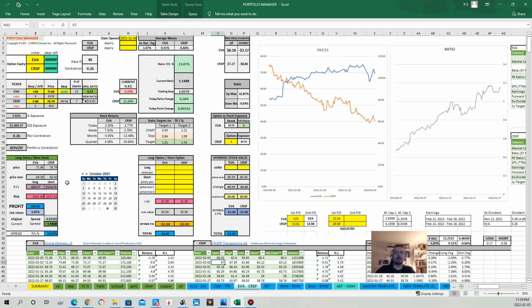Continue on. Enviva and CRISPR. This is basic materials and lumber versus healthcare. So long lumber. And here I'm going to close this one tomorrow, especially Enviva. The reason being, what I'll do is I'll pair up the CRISPR with Abbott. I want to get rid of Enviva. They are basic materials, lumber and wood production. They're directly tied to paper, and as such, I know that industry is actually not doing all that well right now. I'm going to close that down and take a